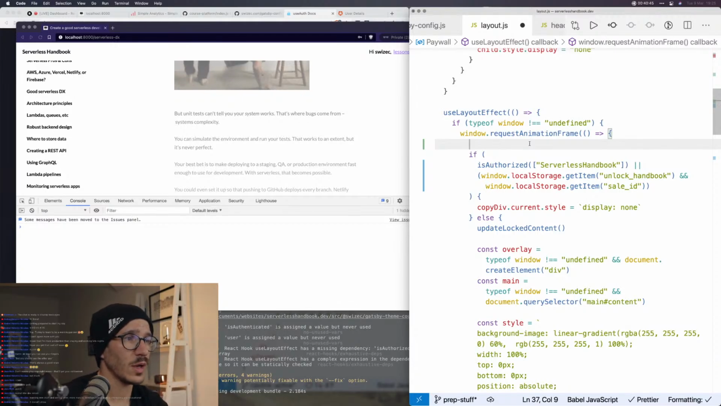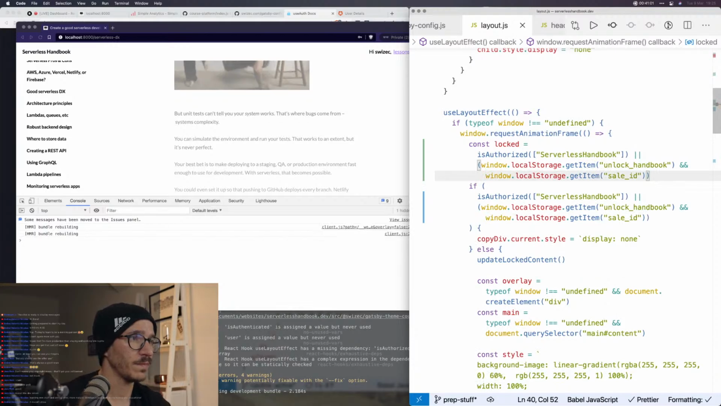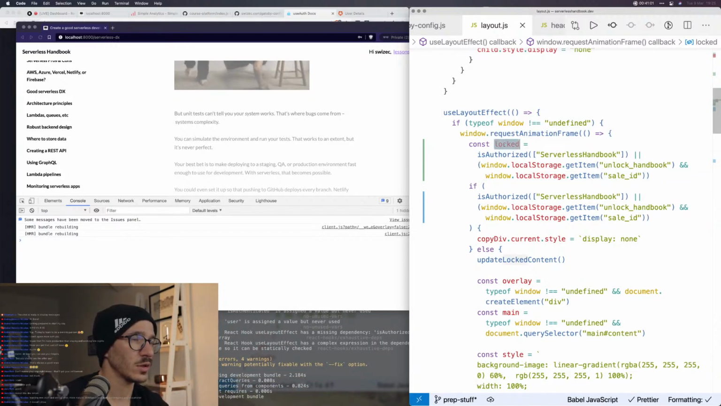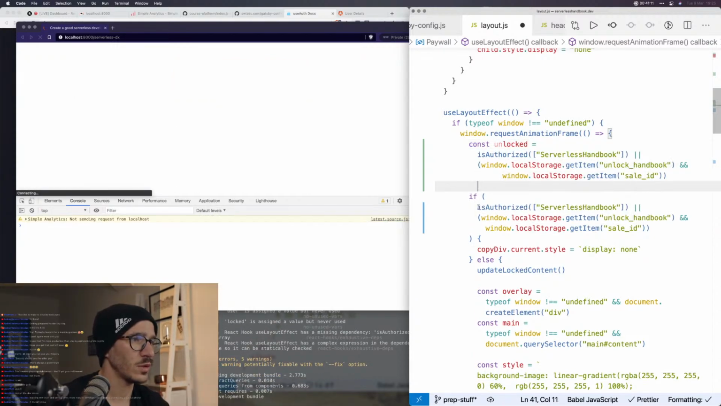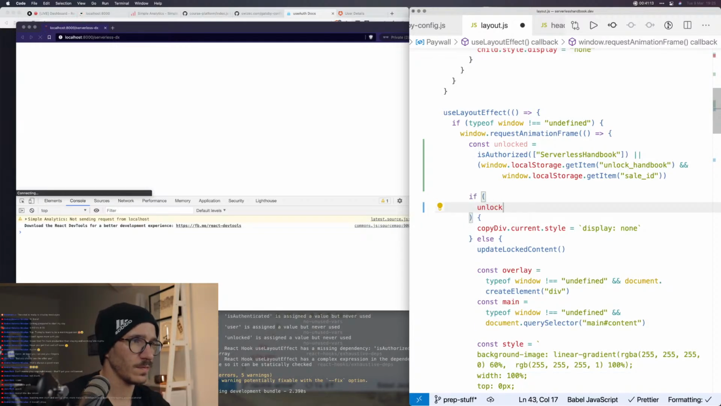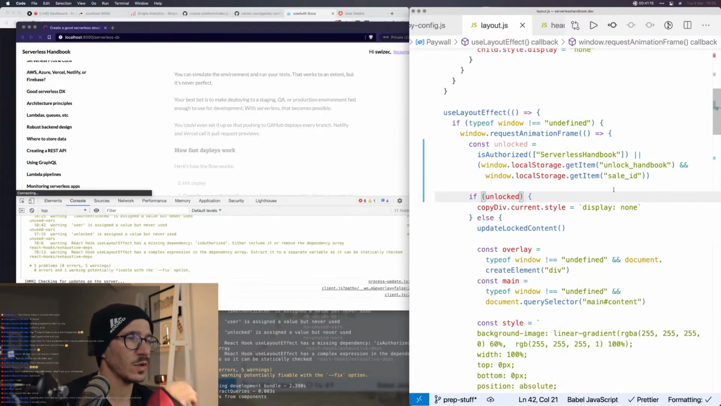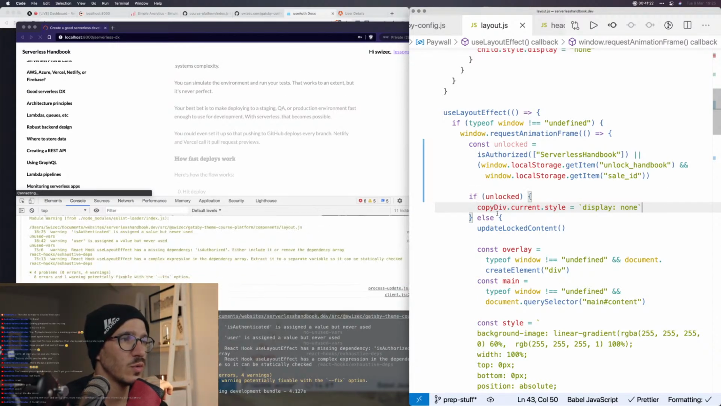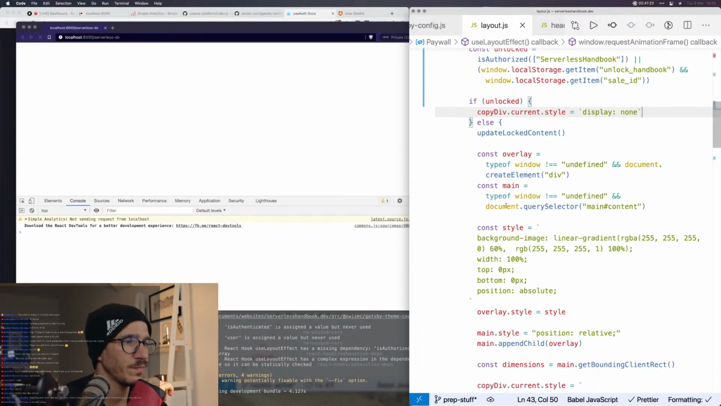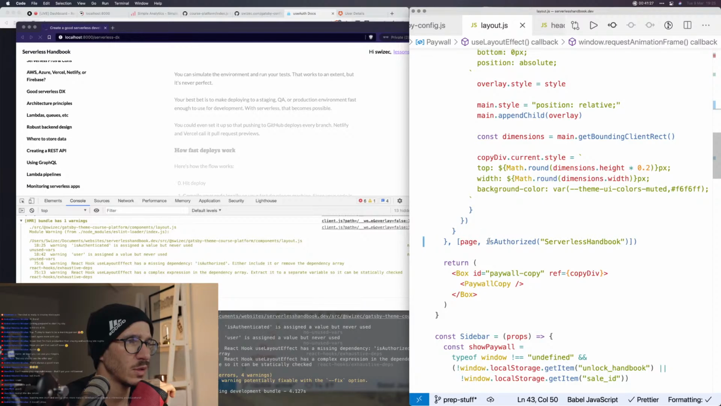So now we have to actually make it unshow the lock. So we say const locked equals blah, or actually const unlocked. So if it's unlocked, then we need to, so if we are unlocked, we're supposed to try to hide the thing. Otherwise,